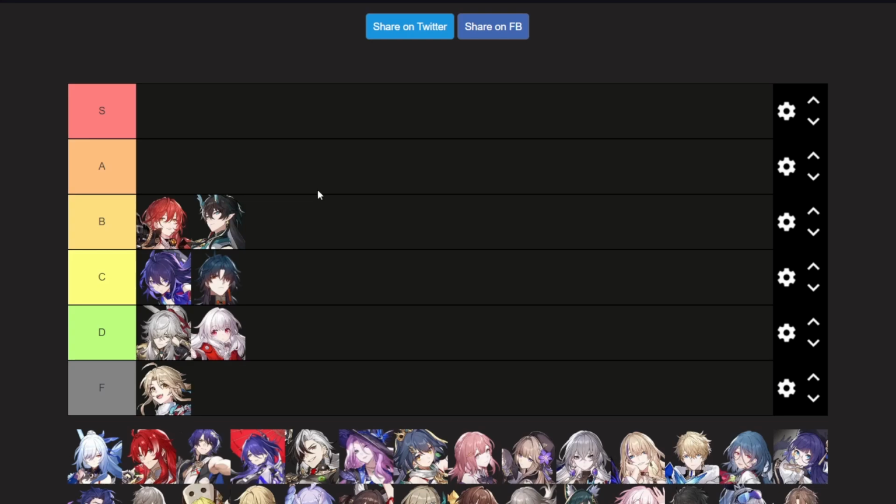I think Dhung E0 without Signature Light Cone, and especially without Sparkle, feels horrible. He is very reliant on Sparkle, as well as the enemy being imaginary weak. And the problem that Dhung has is there is another very strong imaginary DPS who I would actually put above him. So, you know, although you can pair him with a 4-star unit like Xingqiu and then just slot in